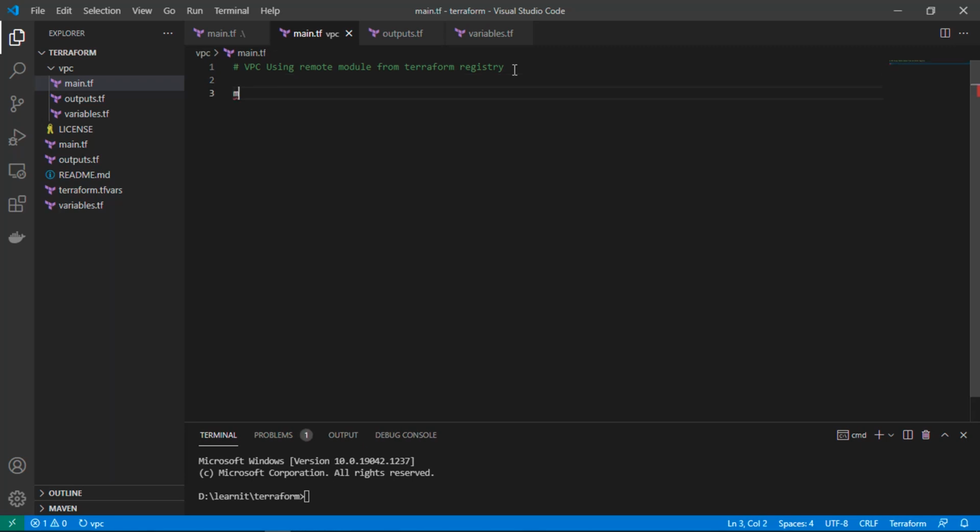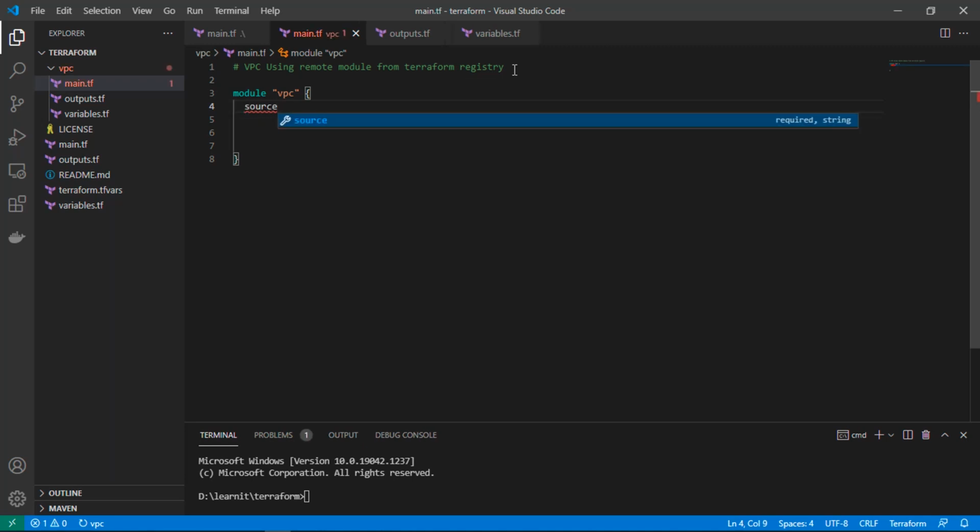Now let's define a new module using module keyword and just provide a name for your VPC. This is the reference name for this configuration. And inside VPC, you have to provide first of all the source for this module.